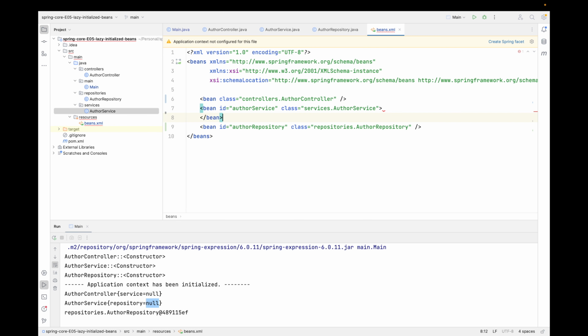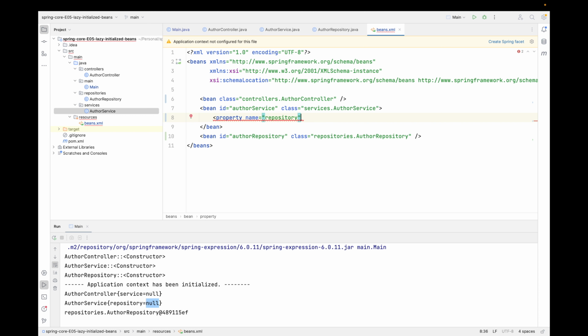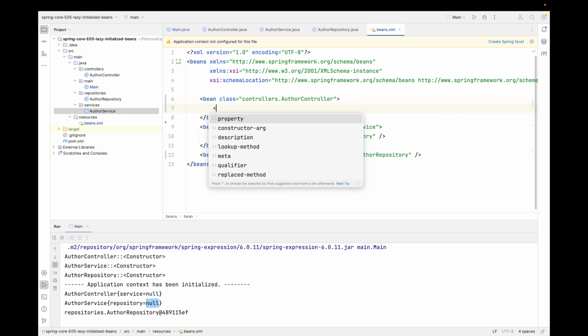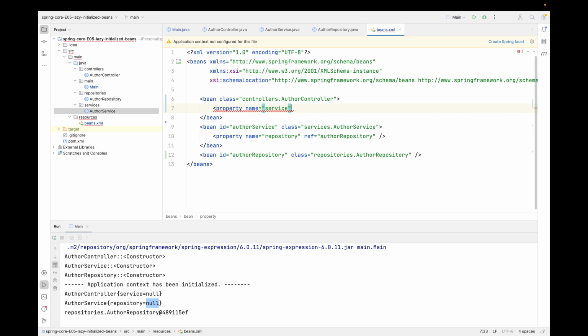Now AuthorService has one dependency, AuthorRepository. Let's create a property, the name will be repository, and ref will be authorRepository. And similarly, AuthorController has a dependency on AuthorService. Let's define that property here. The property name will be service, and the reference will be authorService. Now if we run it again,